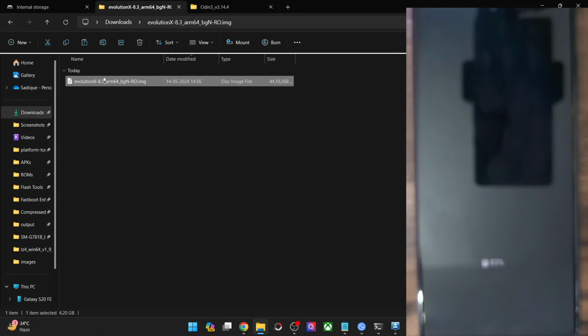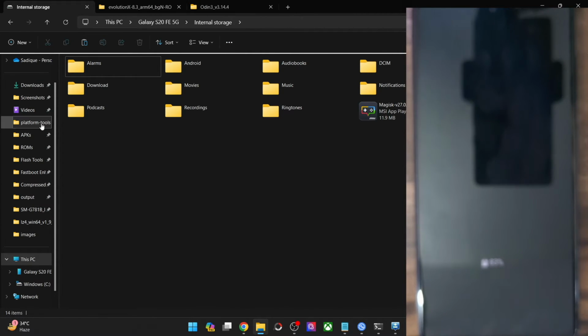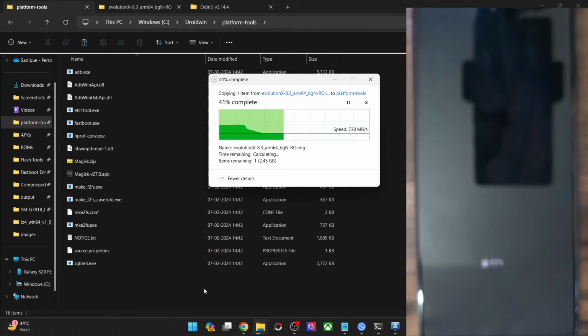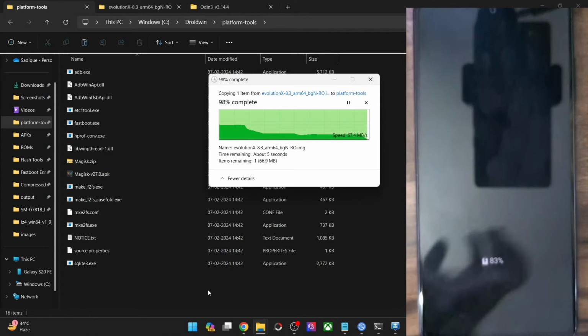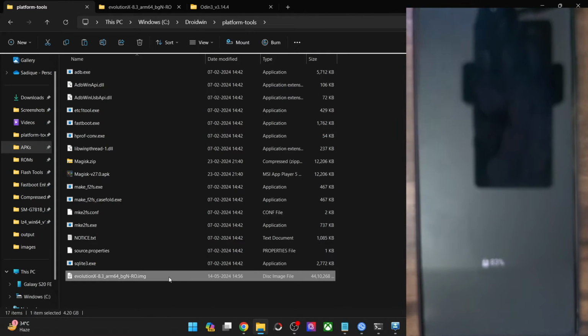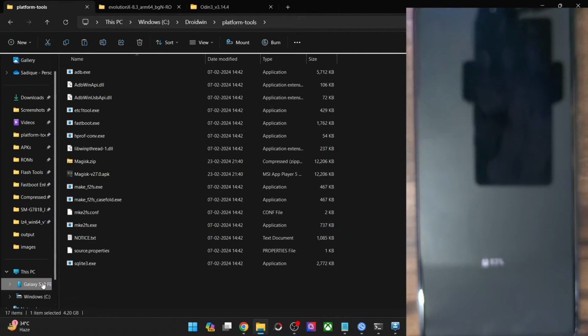Copy the ROM file from here and transfer it inside the platform-tools folder on your PC. Let me do that, and it will take a few seconds. Let's wait for the file to be transferred, and once that is done, let's rename the file to something shorter for convenience. Let's rename it to GSI, and the complete name becomes gsi.img. Once that is done, you will now have to transfer the ROM file onto your phone as well. So let's get that job done and transfer it here.